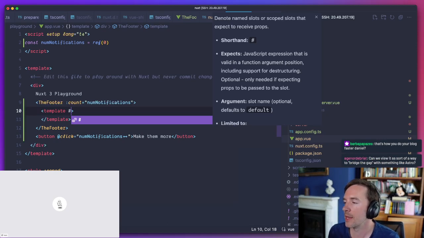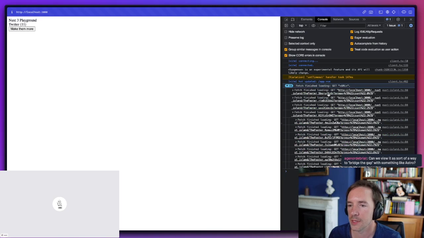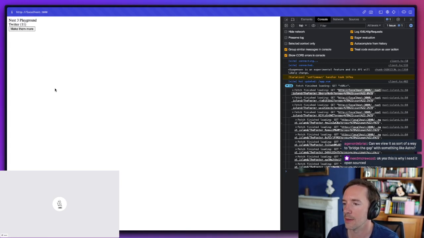Because server components, the way we've built them, can be pre-rendered. You can pre-render a server component because we actually hash the props. So in production, every call to that server component is a separate file with a response. So you don't actually have to have a runtime server.